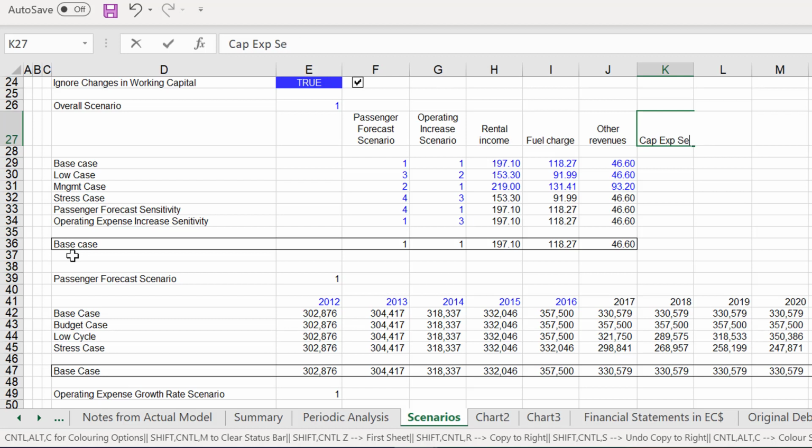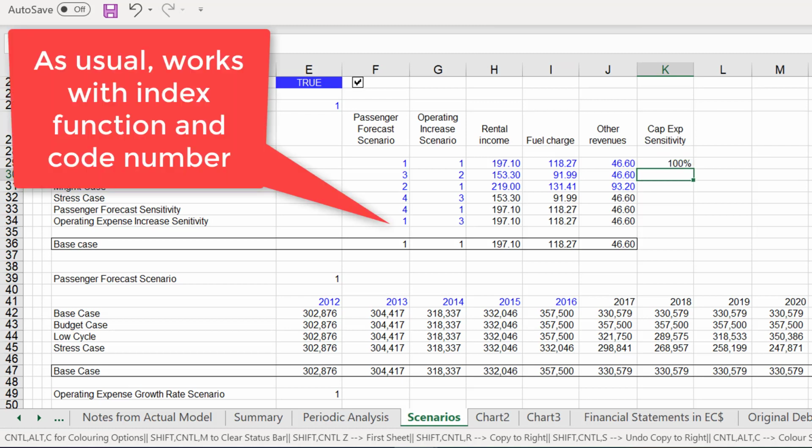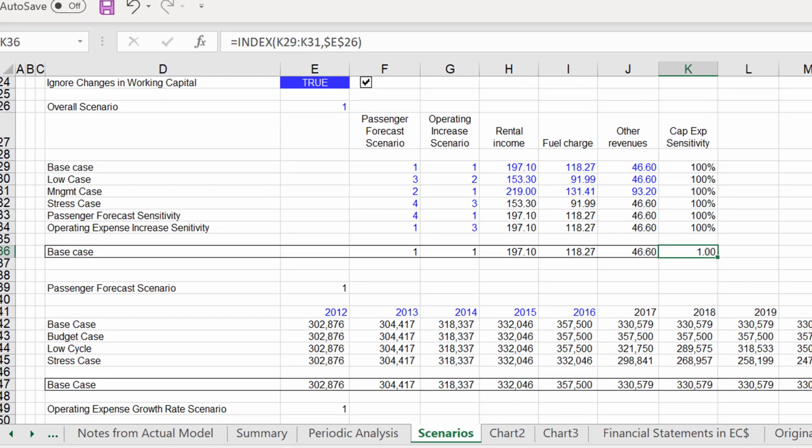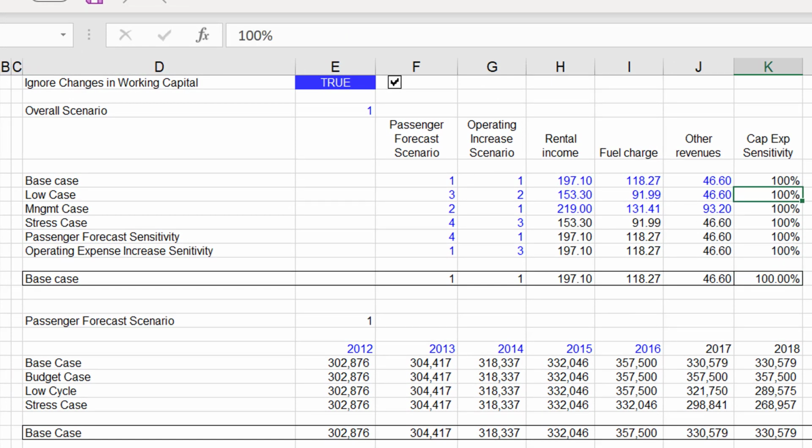Because we might have to spend more money on that. CapEx, that's just an overrun scenario. So if we put this in, let's just make the first one 100%, and then we can copy this down, Control D, we can press Control R here, Shift Control P, and then we can make a lowercase 110%, and then we can make our stress case. How about 125%? Okay, so it's going to cost us a lot more.